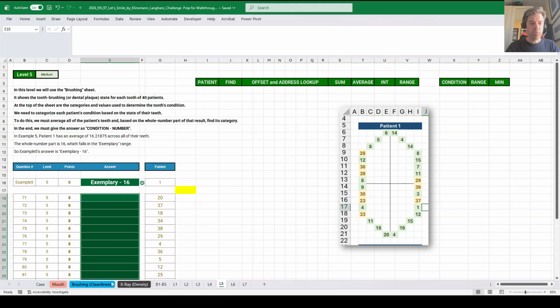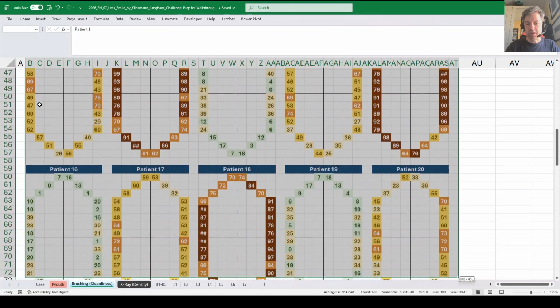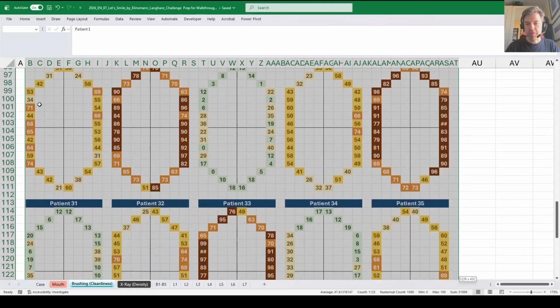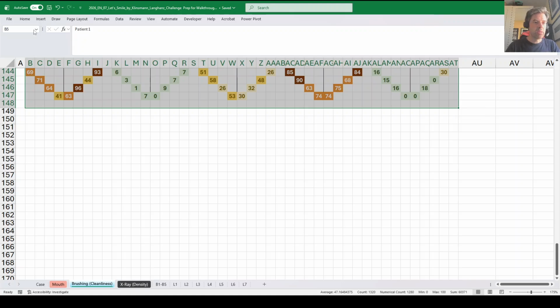So we're mapping into the patient sheet based on a patient number and then finding cells. The way I did this, I firstly wanted to join "patient" and the number to give me my patient number. And then I want to find this in the map. So I'm going to go to the brushing, select this whole range, go 1 extra column to the side and 1 extra row down just in case, because of the shape of those, the gaps between each section. I'm then going to name this brushing,